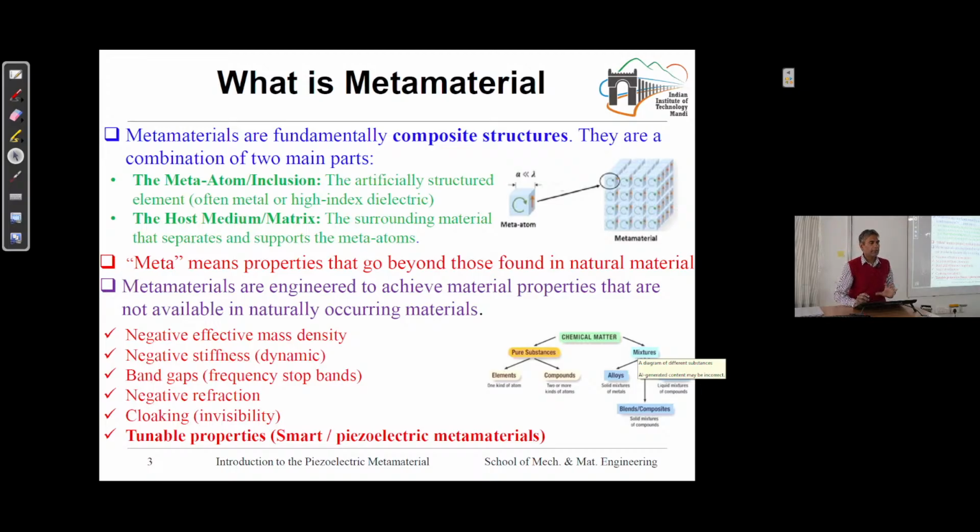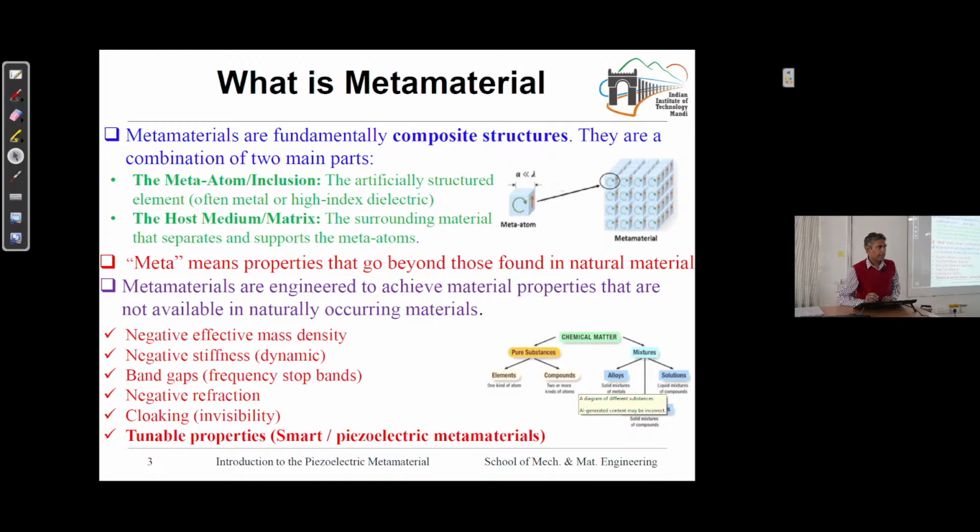What chemical constituents are in the material, the property depends on that. But sometimes we need unusual properties that are not available in natural materials, then we can use the